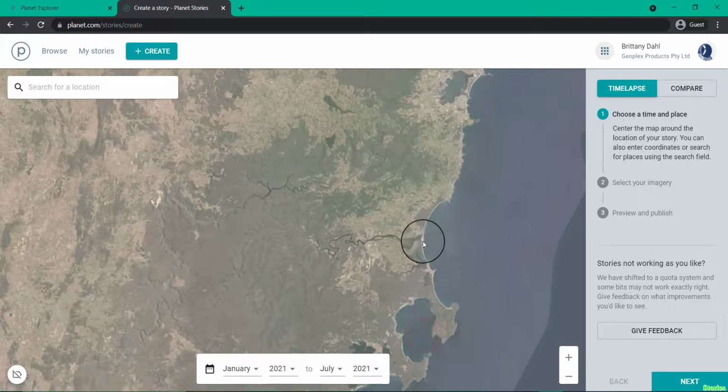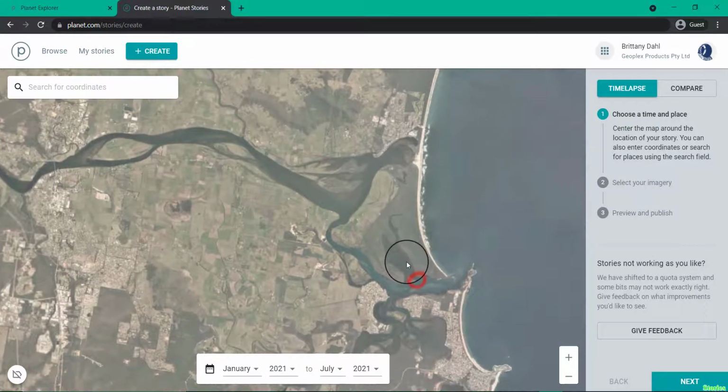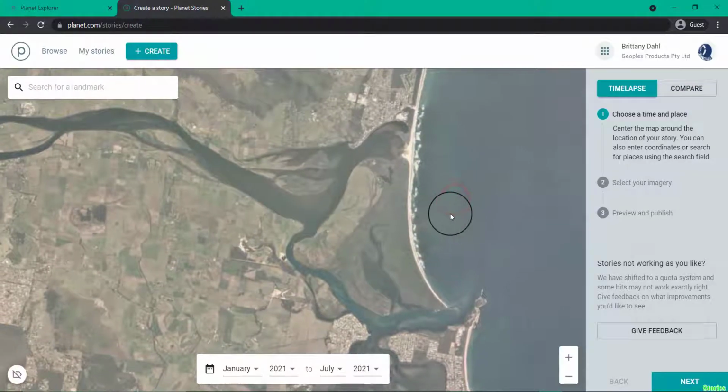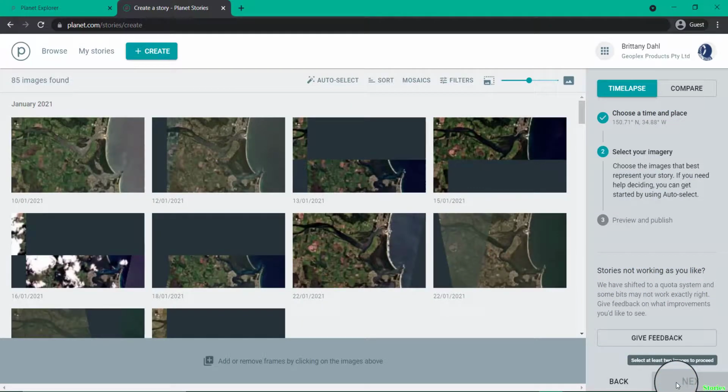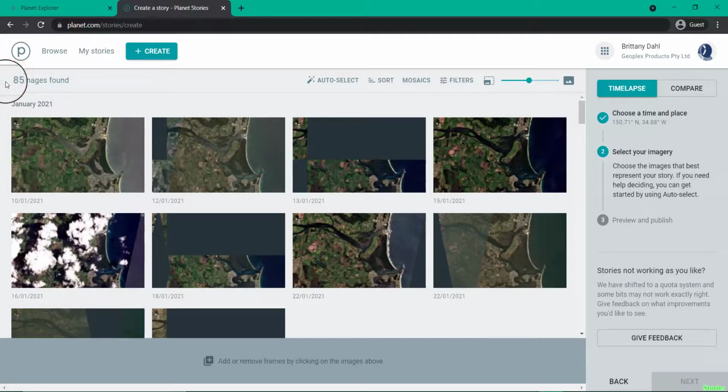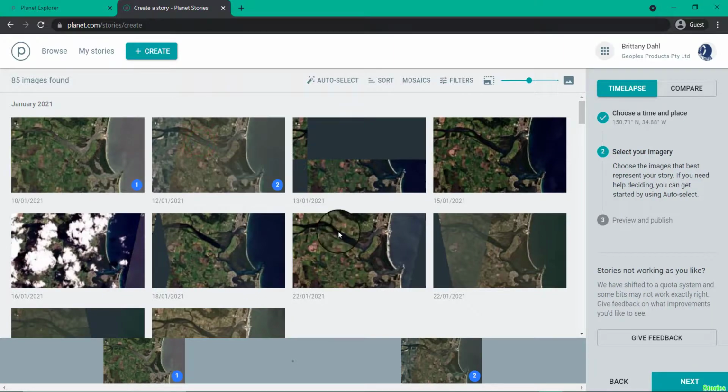Remember, you want to set up your extent in this whole window to be exactly where you want the time lapse to run. Then what you want to do is change the date so that it is across the time frame that you want to search for imagery. From there, it will then provide you with some images. Here I've got 85, so I am now going to select a few that I actually want to show in